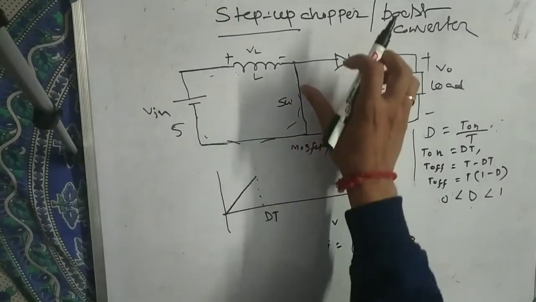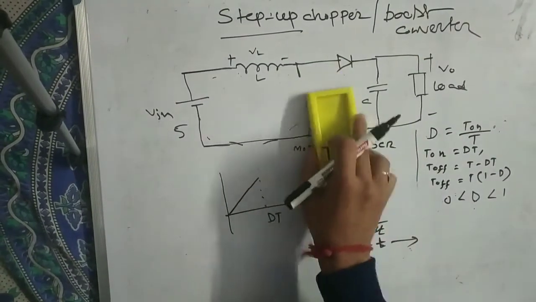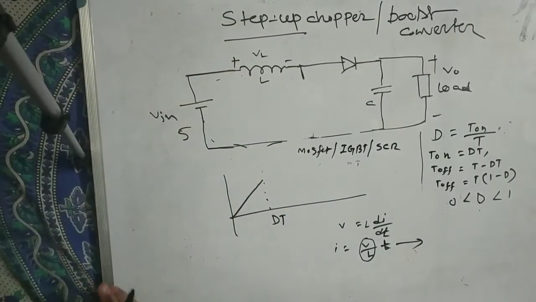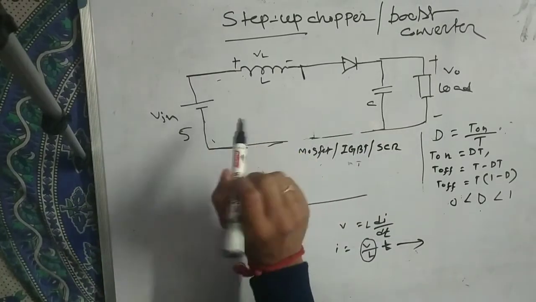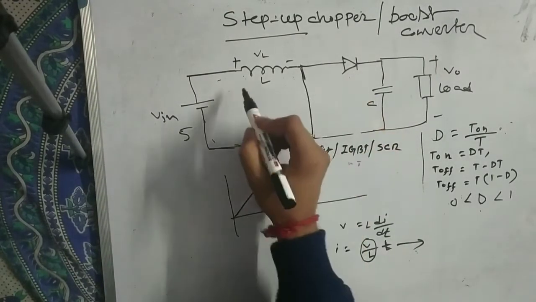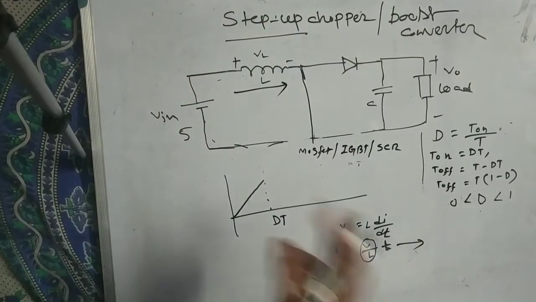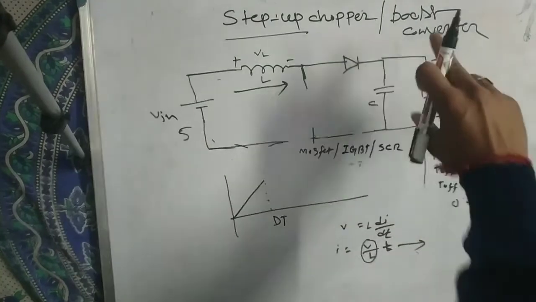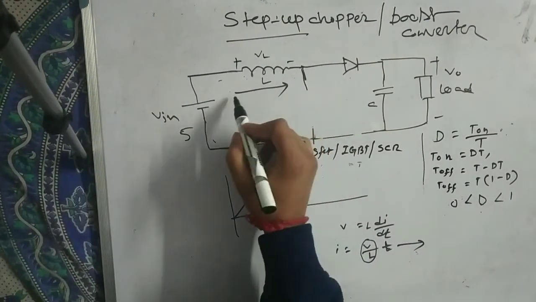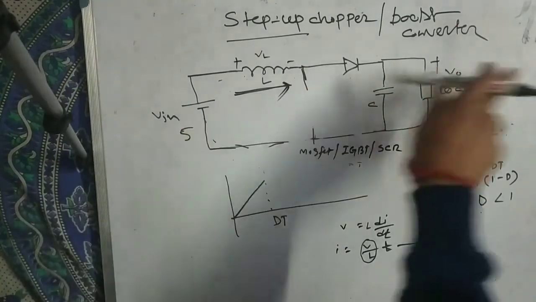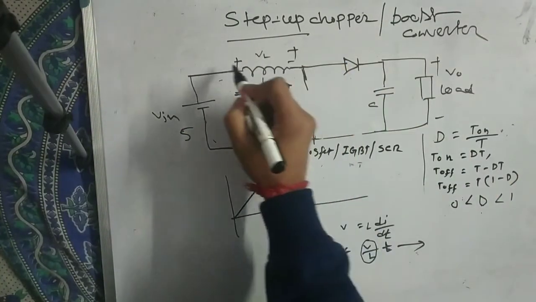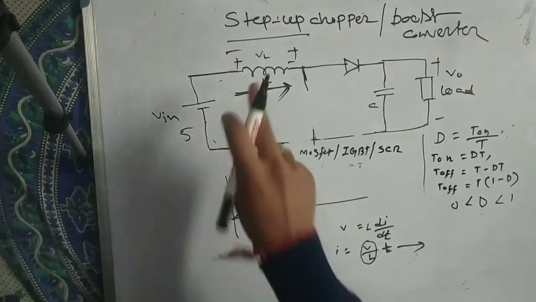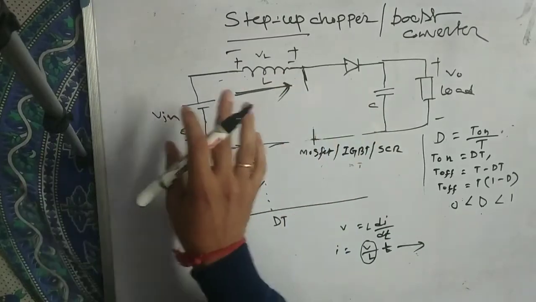Now after the switch is open, we have previously studied that in the earlier case, when the switch is on, current flows through this. Now the switch is off, your load voltage is constant, so the inductor will change its polarity and it will try to force its current to flow through this in this direction also. So in this case, the inductor loses its energy.